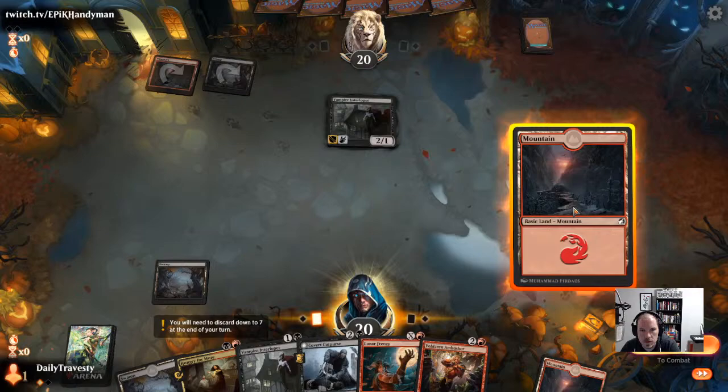All right, well, we need to gain a bit of life, so we're going to play Hungry for More and then use Eaten Alive to get rid of this Stormseeker, because we're definitely losing to that card. And then next turn, we're probably playing